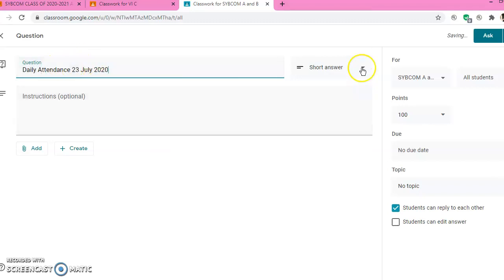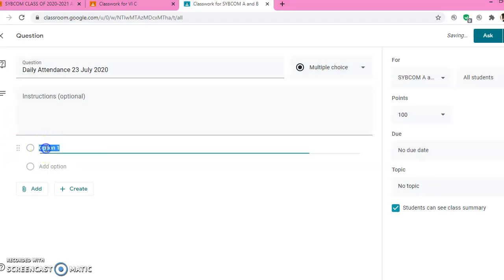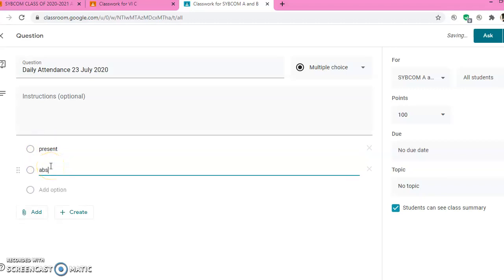Once you have posted it, you can also post that this is a multiple choice. So you can give 2 options to them: present and absent. The ones who will be attending, of course, will all mark themselves as present. So they will see these 2 options.